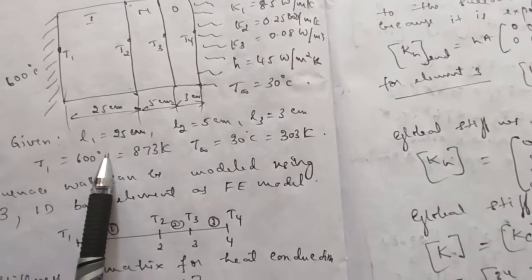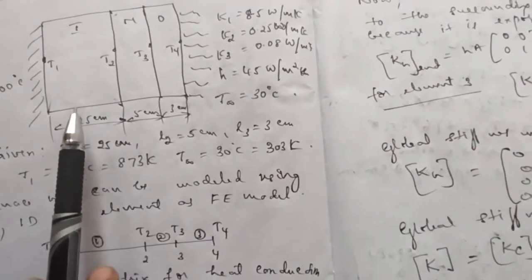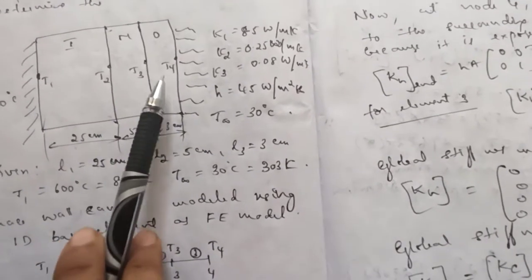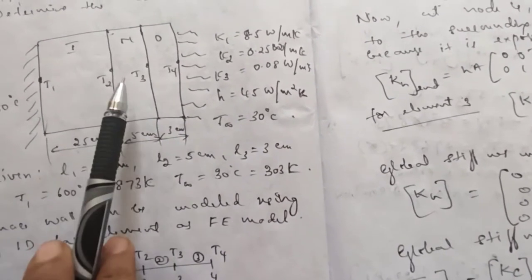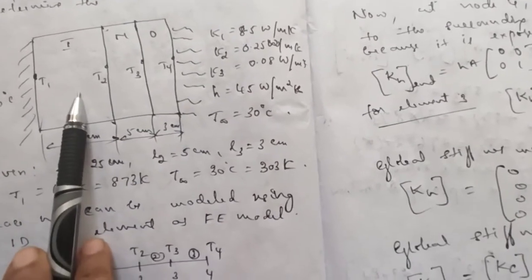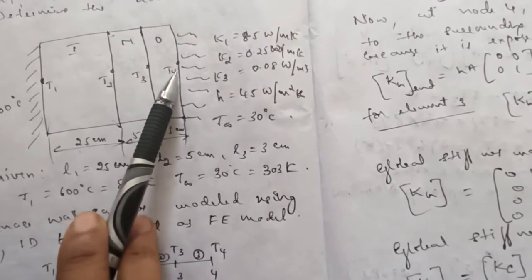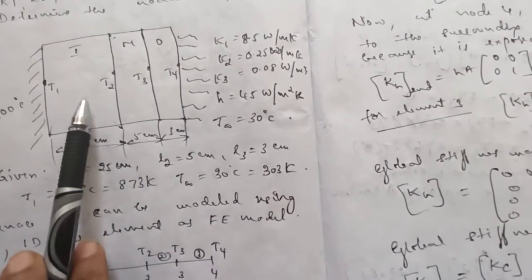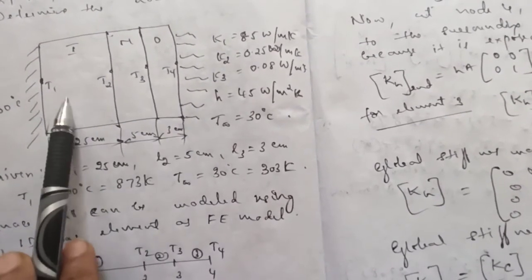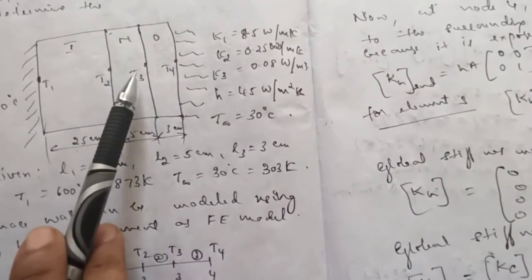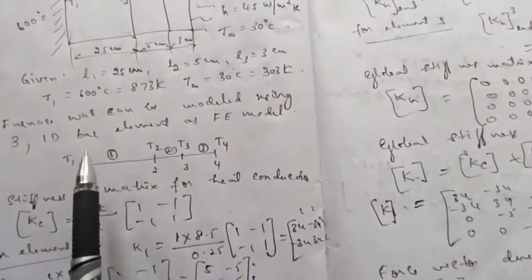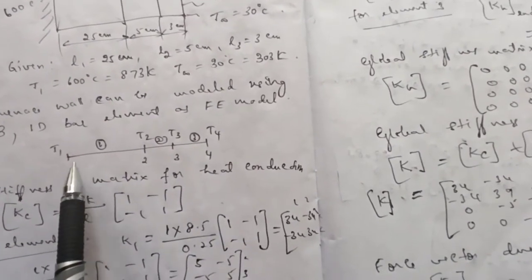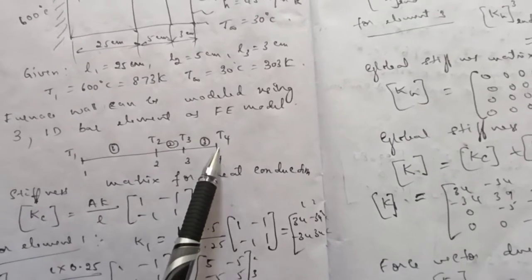and here we have given with the length L1 first one, L2, because here three layers are there. So while using FEM method we need to go for three elements. So inner element, middle element and the outer element, inner layer, middle layer and outer layer. That means we need to go for three elements. So we have four temperatures T1, T2, T3 and T4. So that's what I have written here. So three elements 1, 2 and 3, and we have four temperatures T1, T2, T3 and T4.